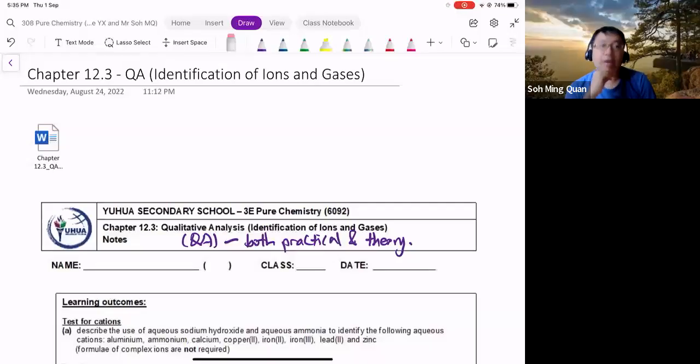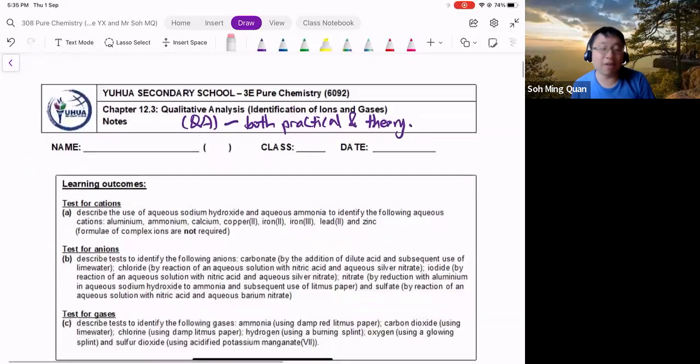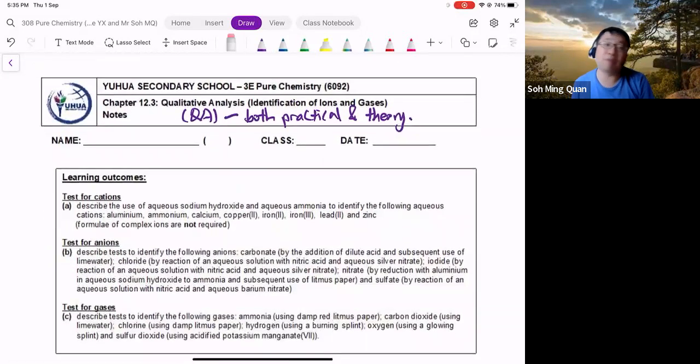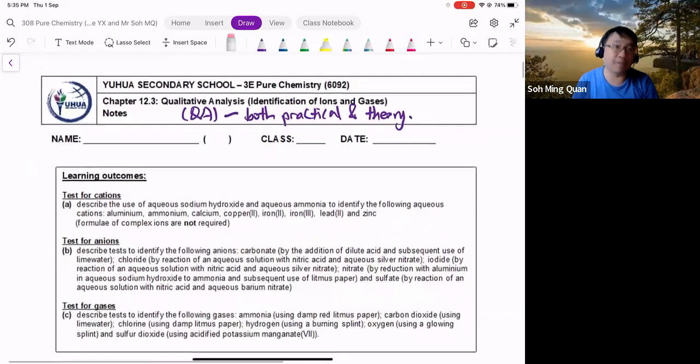All right, now the intention of today's consultation session is really to clear up any doubts you have about QA. And at the end of today, you should know how to approach one of those flowchart questions in QA, which is typically how it's tested in combined science, less so in pure science. All right. But nonetheless, QA is important, both for practical and theory. So as mentioned, if you're using your iPad for Zoom, just stay on Zoom and look at my